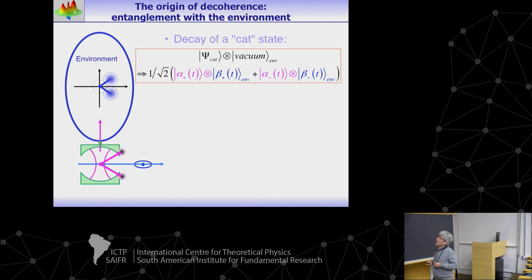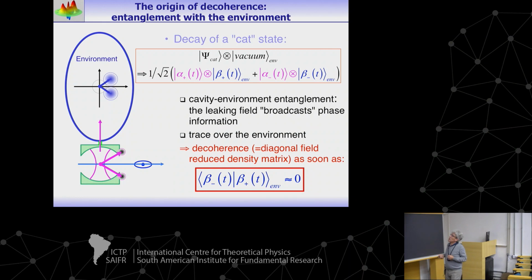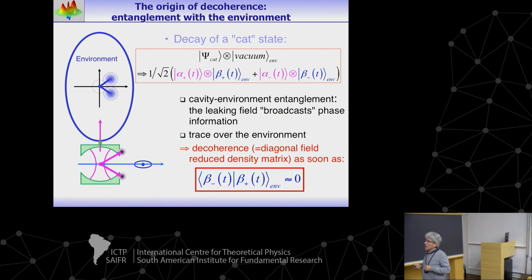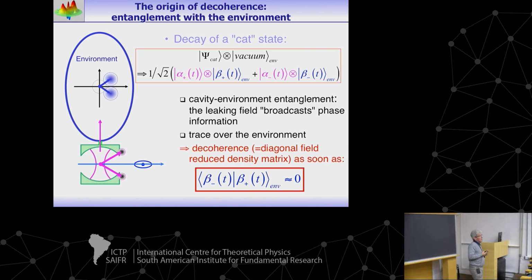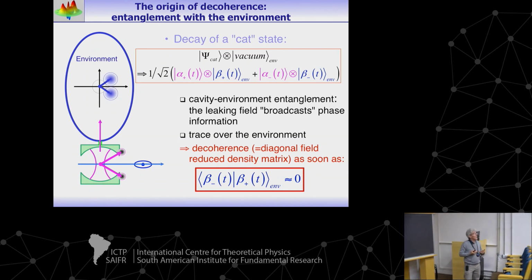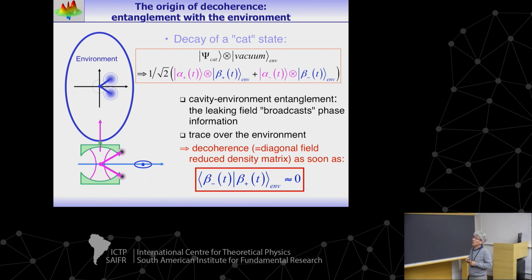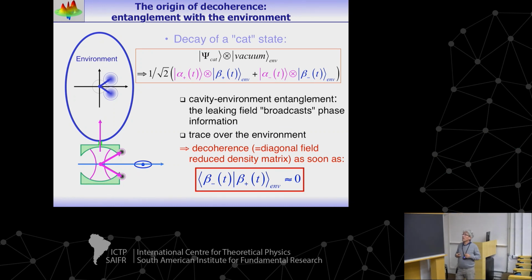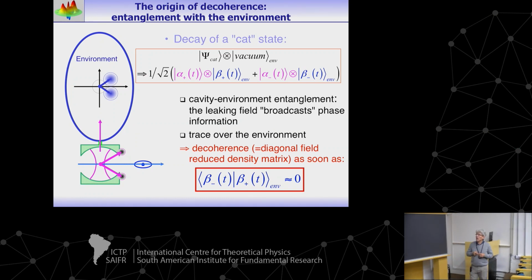Well, you see entanglement here is growing, and what is the consequence? Indeed, the consequence is that once you are just interested in the properties not of the environment plus the system, because the environment is losses, you will never measure what happened in the environment. You have, for making predictions, just to keep the information about the field in the cavity. And formally, this corresponds to the fact that you will introduce the density operator of the field in the cavity for only the cavity mode